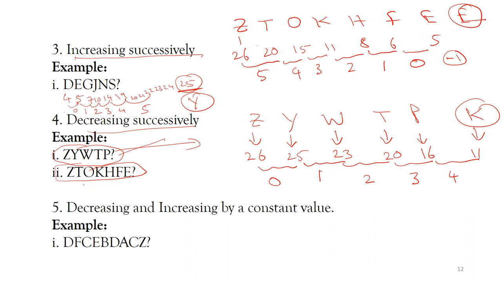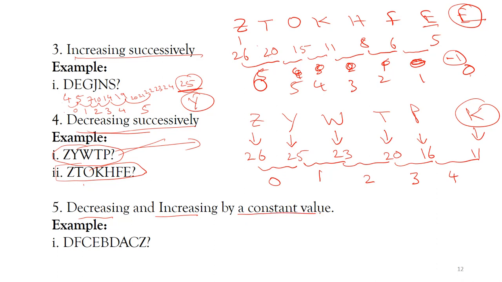Or you can go with the difference. 26 minus 20 is 6. This is 5, 4, 3, 2, 1. Here it is 0. 0 means the same number comes. Follow any logic unless you are comfortable with it. Okay. I prefer to go with the gaps in between the letters. Okay. Both are correct. So that is about decreasing successively. Next,